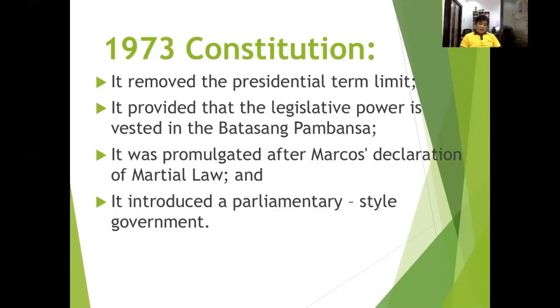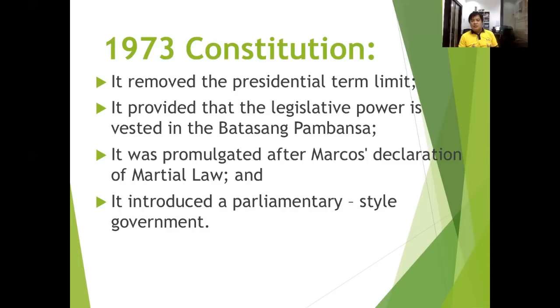And second, this 1973 Constitution was enacted during martial law. We all know that martial law was declared way back September 21, 1972 by virtue of Proclamation Order number 1081, wherein Marcos declared martial law in the entire Philippines. There are several, napakadaming chismis na sinasabi nila na ang pinaka-reason kung bakit dineclare ang martial law ay so that Marcos will prolong his term of office, which is a little bit true during the time, because if you are going to analyze, Marcos